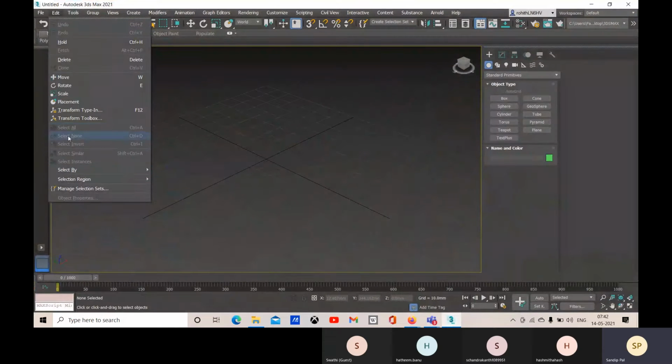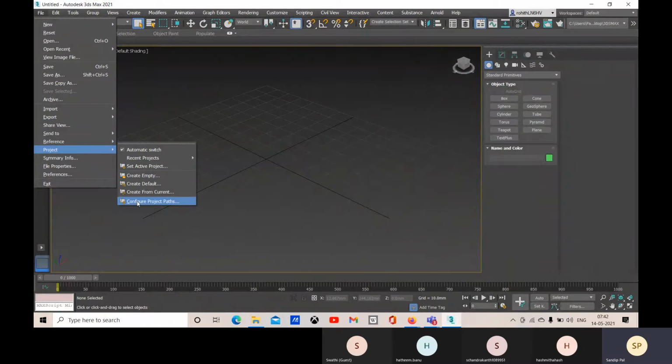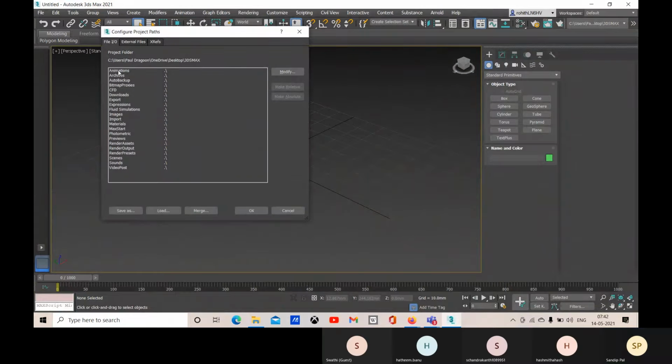Let me come here, project, configure project paths.